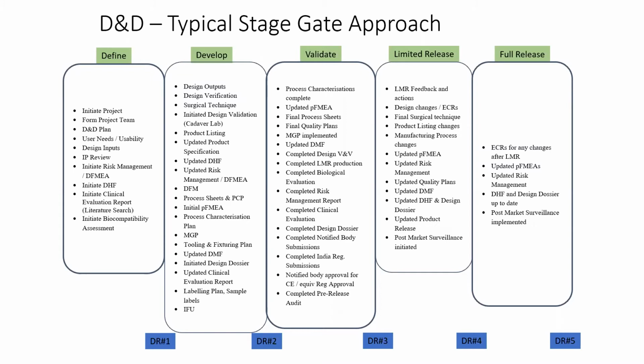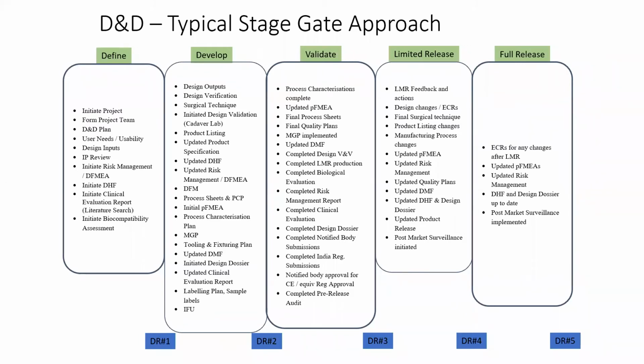And the blue bits you see at the bottom are the gates. And that's why it's called the stage gate system. So you do not pass from one stage to the other without passing through the gate. So design review one would be the gate through which one has to pass to go from the define stage to the develop stage. And what would it take to clear this gate is what the design control procedure needs to define, right?